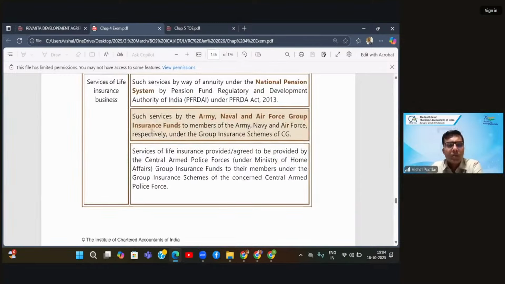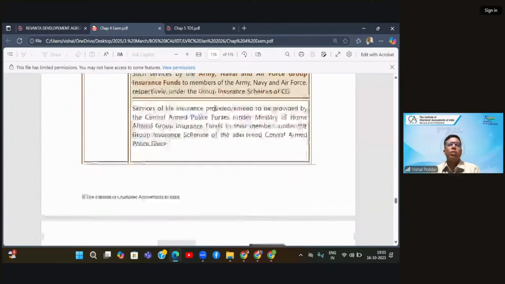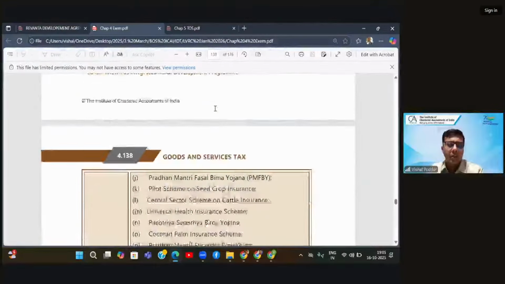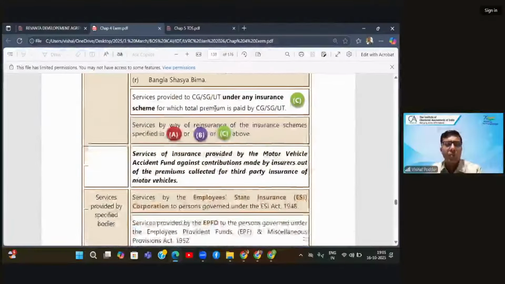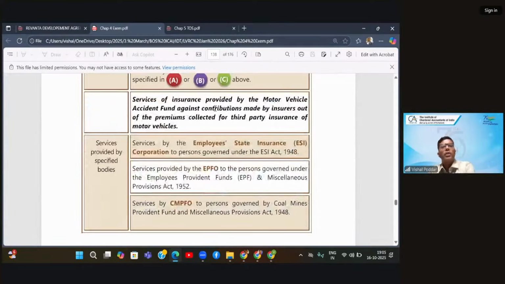Then different types of life insurances are exempt. Now, anyways, post 22nd September, all the personal life insurances, all the personal health insurances are exempt. But before 22nd of September, which is applicable to our January exams, only specified life and health insurances are exempt. So these are the list of those life insurances, or these are the list of those general insurances which are